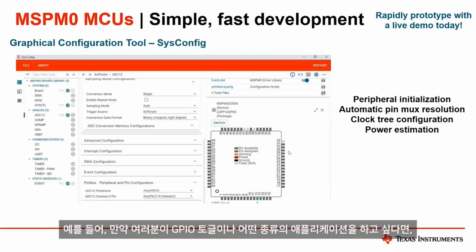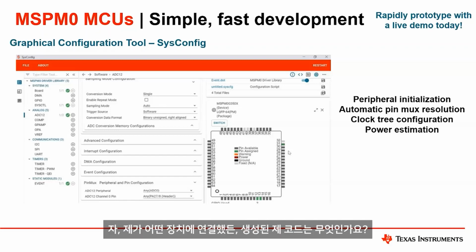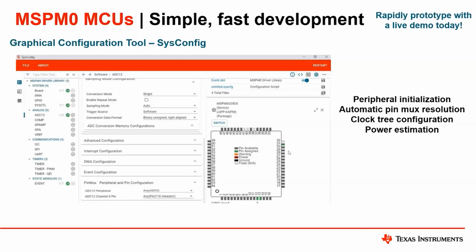For example, if you want to do a GPIO toggle, you can literally click and see what code has been generated for whatever device you connected. We also have quick code examples and how-to videos that you can take a look at so you can get started pretty easily.